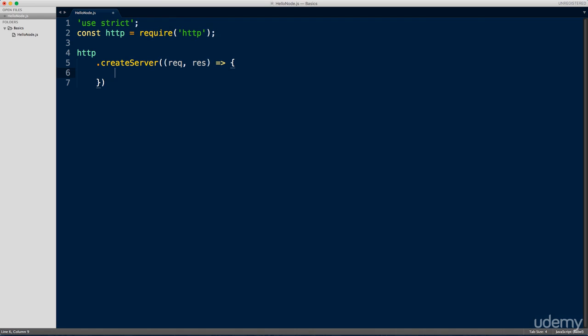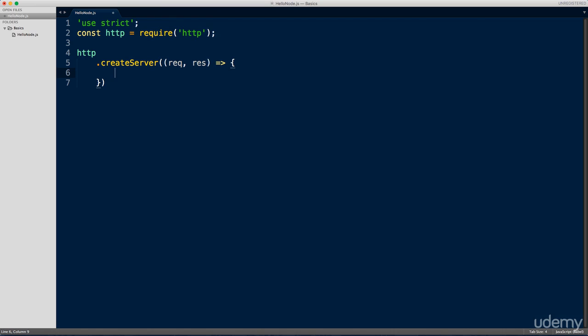So we'll provide our callback with two arguments, a request or REQ in short, through which this method brings in the user's request, and a response or RES in short, which allows us to dispatch an appropriate response to the user so he can receive it in his browser, for instance. You can see that I'm using an arrow function here, but you can use a standard JavaScript anonymous function or refer to a named function as well.